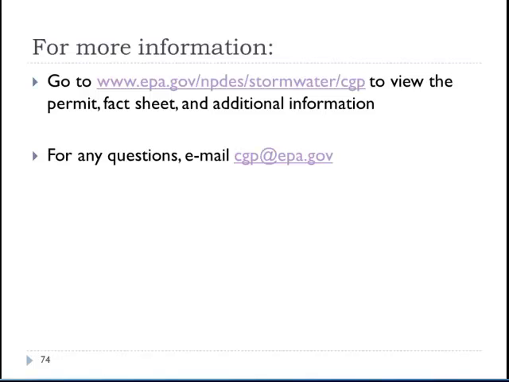Also, I should note that the permit requires that if there's a 1/4 inch storm event occurring daily, you would not be required to inspect daily, but you would need to be conducting an inspection within 24 hours of the first day of the 1/4 inch storm event occurring and within 24 hours at the end of the storm.